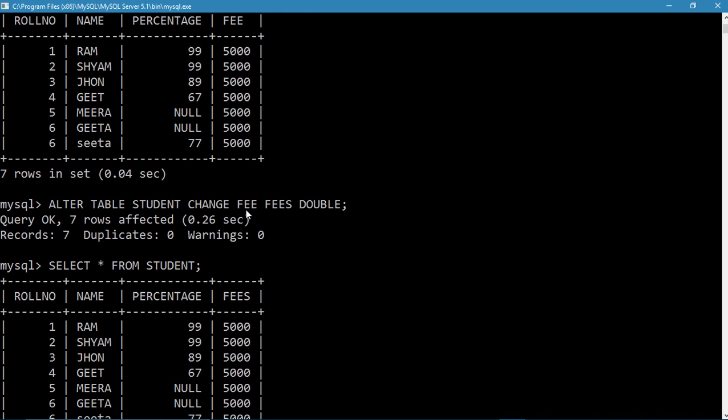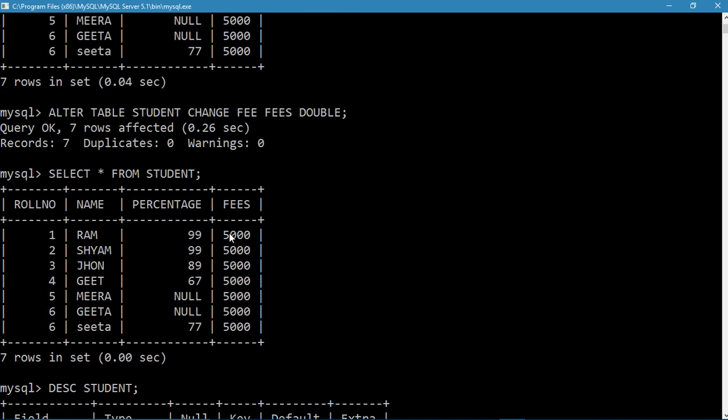You were renaming also. With the help of change, you were renaming the column name as well as the data type. Now you want to do only one type of change, that is you want to change the data type only, you don't want to change the name. So if you want to change the name, then you need to use this change clause,